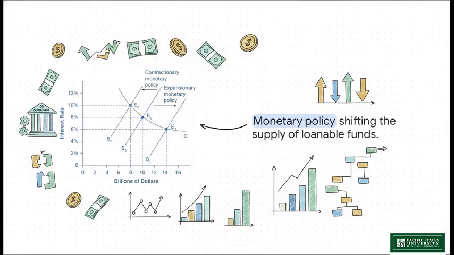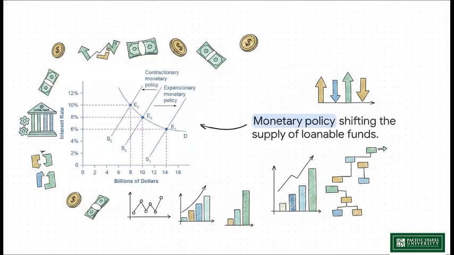Now imagine the central bank wants to expand the economy. They intervene by increasing the total amount of bank reserves in the system. Notice how this action literally shifts the entire supply curve of loanable funds over to the right. What is the mathematical result of that rightward shift? The new equilibrium settles at a lower point on the y-axis, meaning interest rates drop. And it settles further to the right on the x-axis, meaning the overall quantity of loaned funds in the economy expands. Money is cheaper and more plentiful.